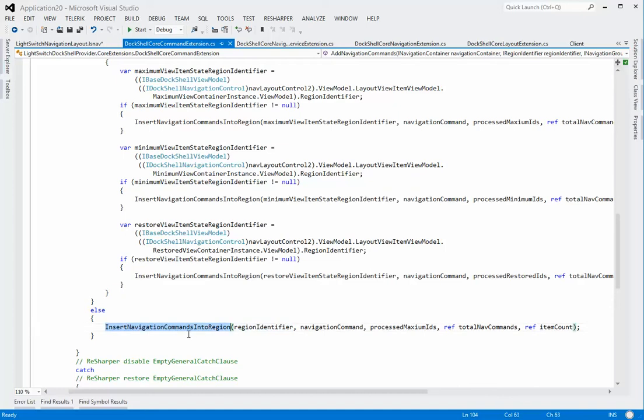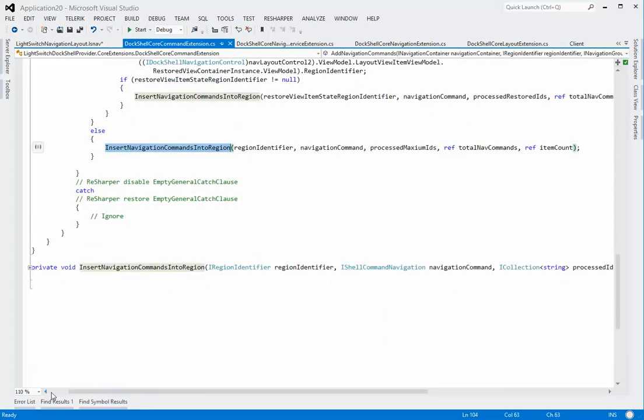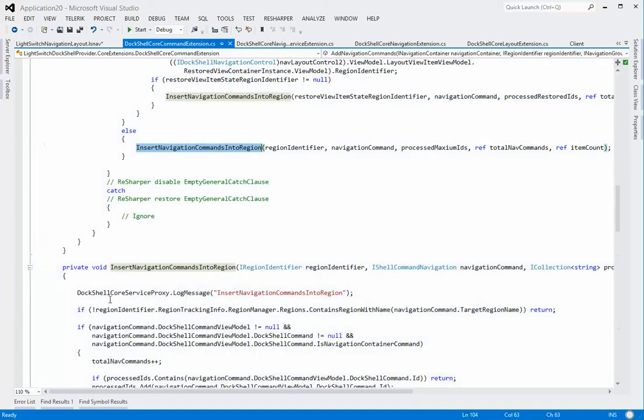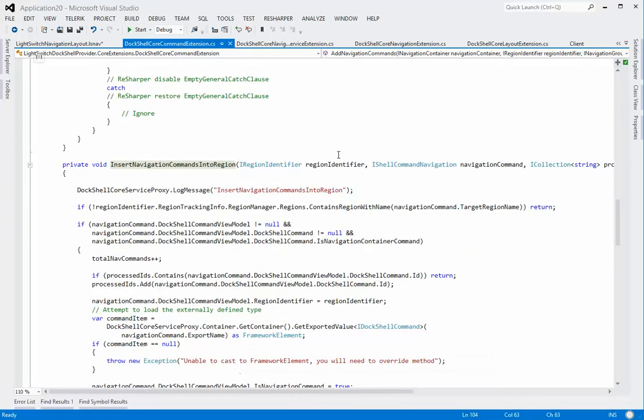All right, so we've copied the private method here for insert navigations into regions. So let's take a look at that. So once again, we are now either a view container for a layout control, or we're actually a ribbon tab in this scenario. And we have a navigation command that's coming in. And so what we're doing is